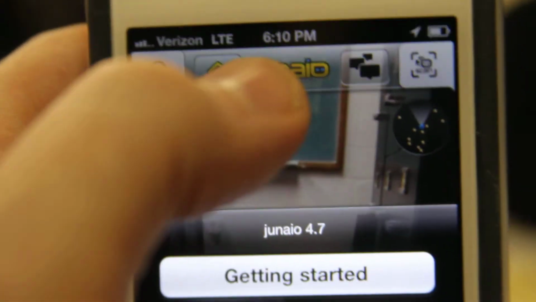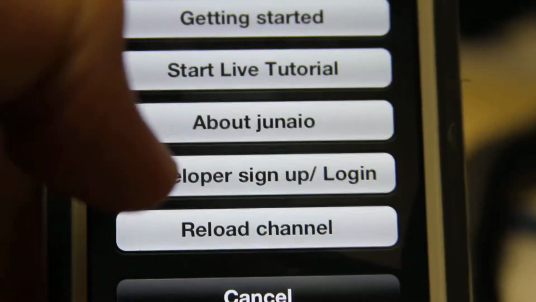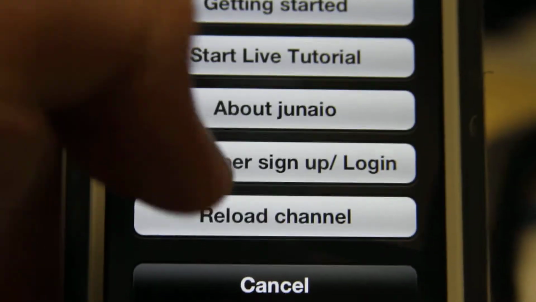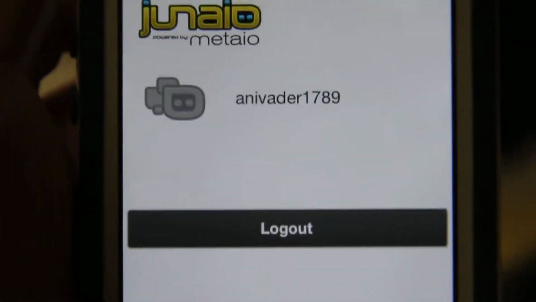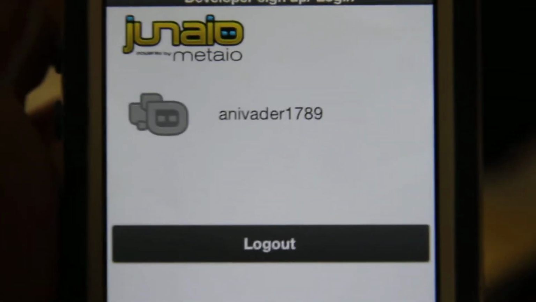I click on that yellow Genio tab, and then I get this set of little dialog boxes come up. I want to go to this one that says Developer Sign Up Login. I click once. Okay, and you get to a page that looks like this. Because I'm already logged in,